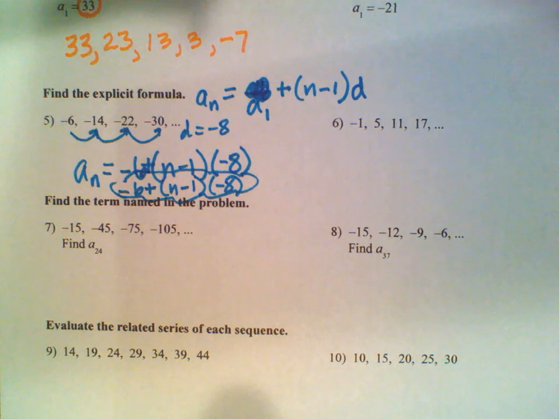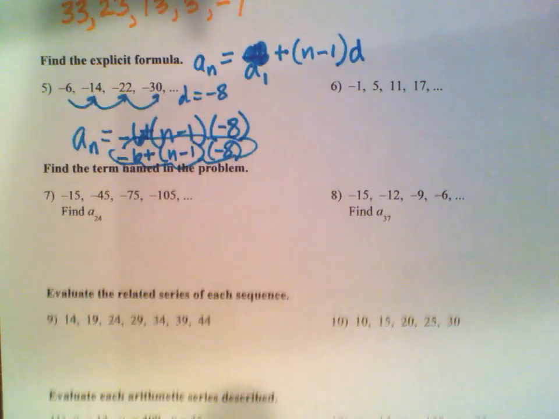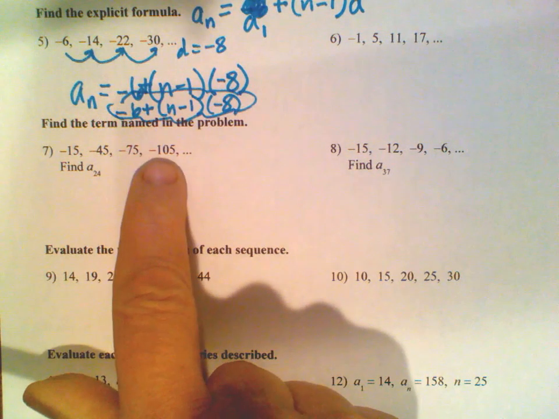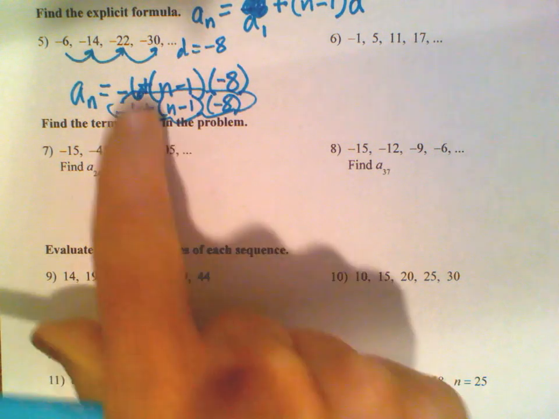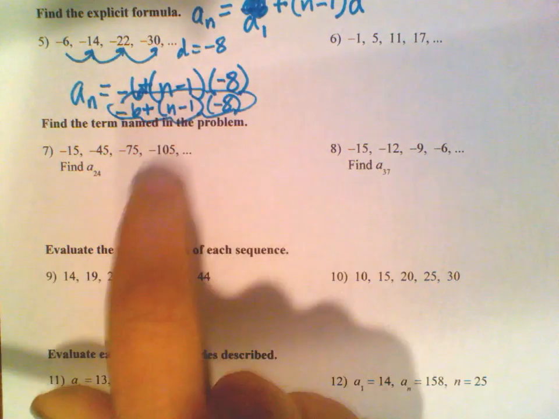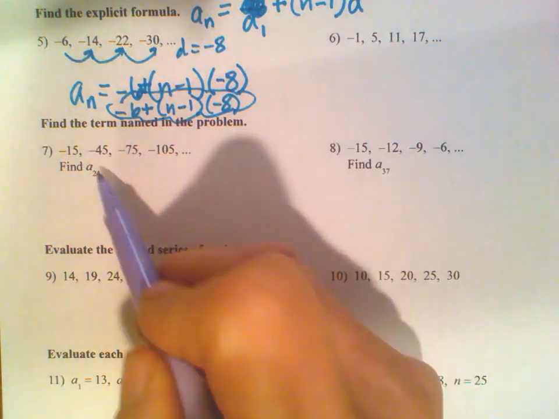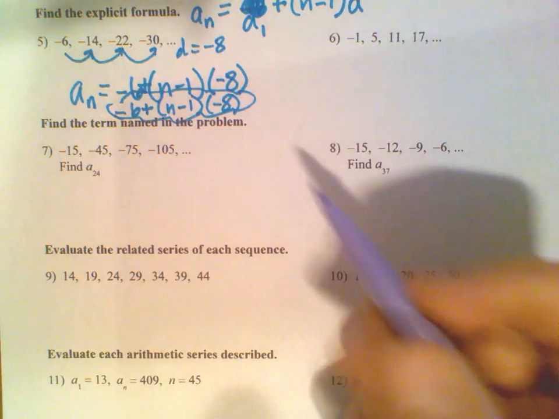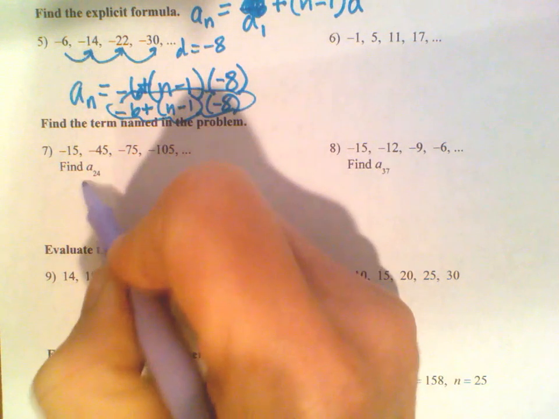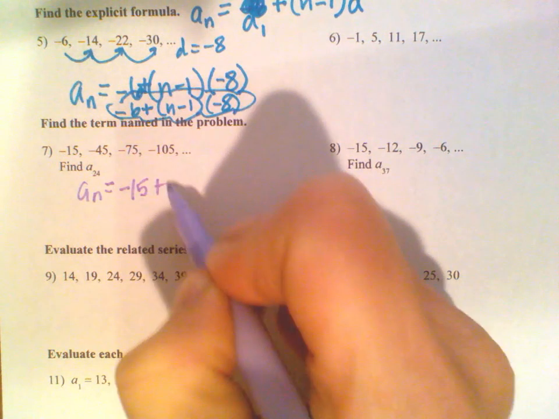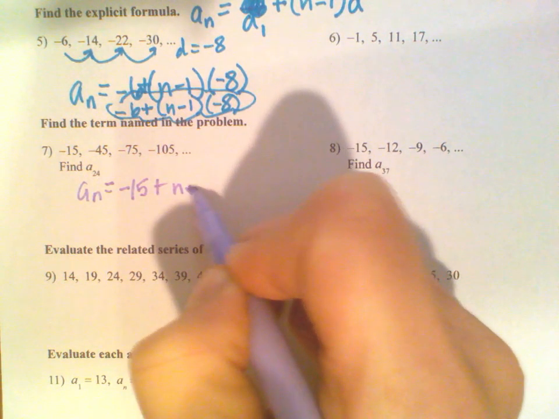All right, so if we're able to find the explicit formula, it makes finding the term number very nice because I can use that formula to find a given term. So what I'm going to do for these next ones is set up the explicit formula, then plug that value in, and then we'll recognize maybe some shortcuts. So the nth term here is the first term plus n minus 1